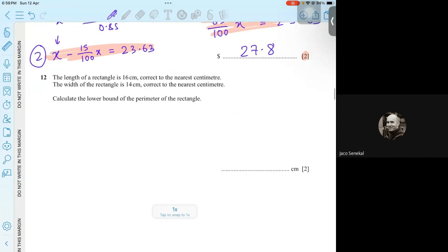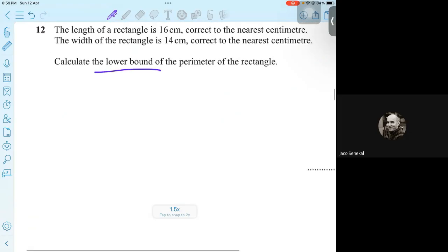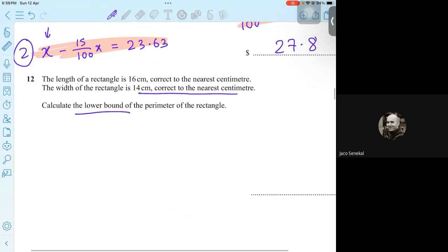The length of a rectangle is 16 centimeters, correct to the nearest centimeter. The width is 14, correct to the nearest centimeter. Calculate the lower bound. Okay, so for those of you who don't know what a lower bound is, since this question tells me that it's correct to the nearest centimeter, that means when I write that it's, let's say 10 centimeters, correct to nearest centimeter,